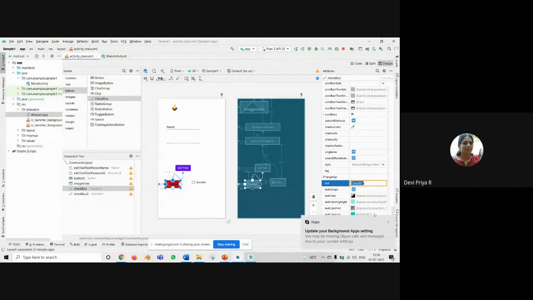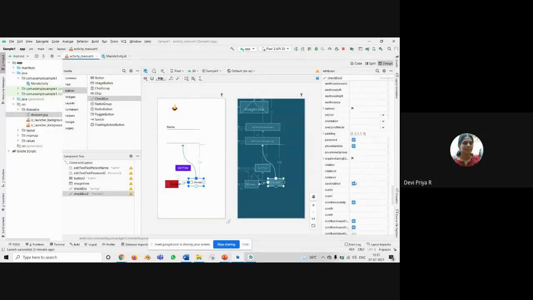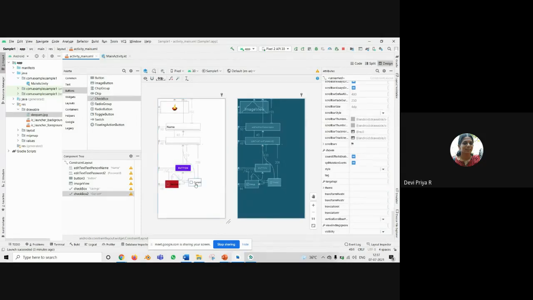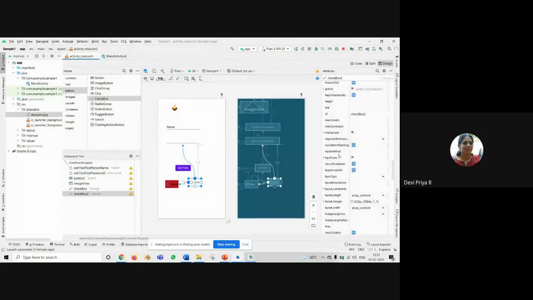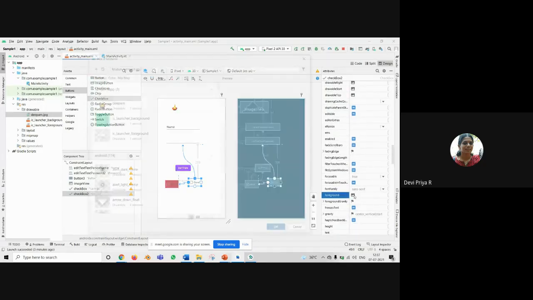Suppose I have two kinds of accounts, a bank account, for example, a savings account and a current account. It will be chosen like this, and this color can also be changed: background color, foreground text color, everything that we normally do. I'll just show you the foreground color also.